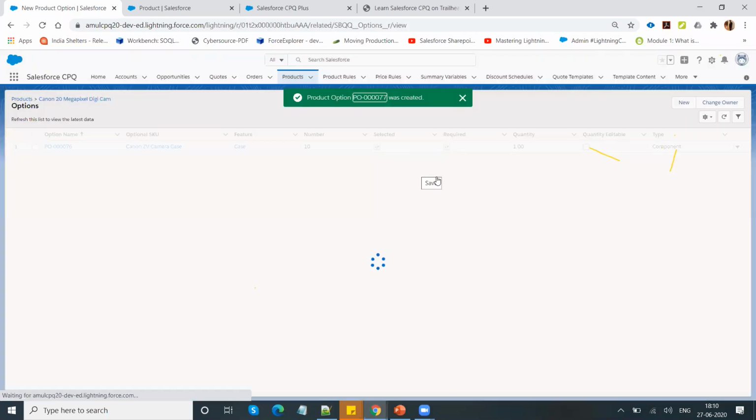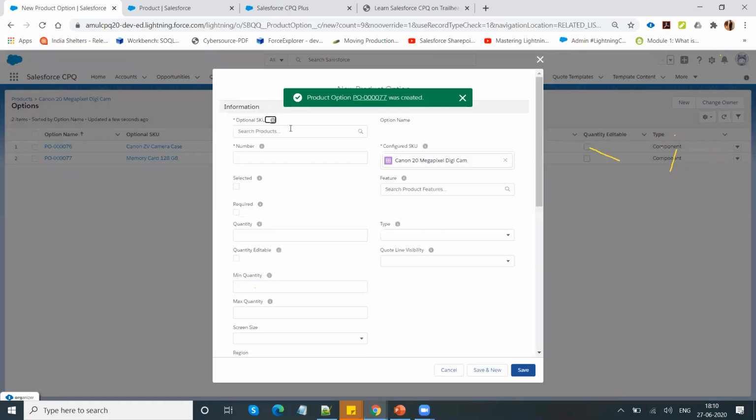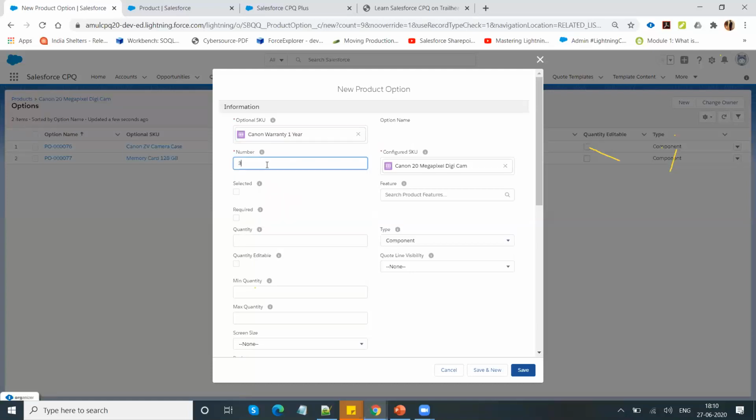And similarly, you will have to add your warranty product. This is the last product. So let me go back and add my last product called warranty. Canon warranty 1 year. Selected, required, quantity 1, feature called warranty.